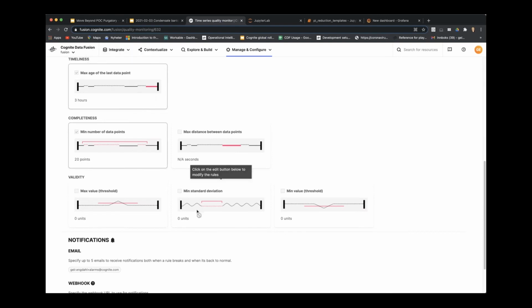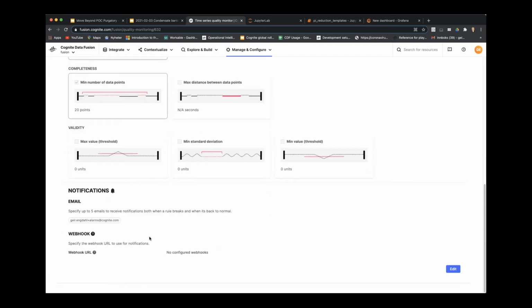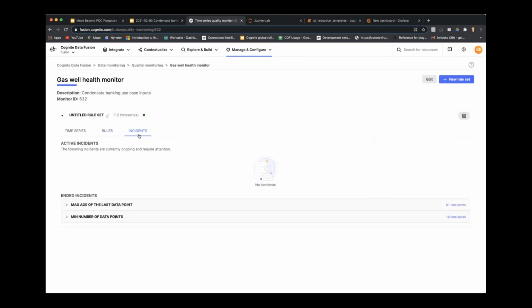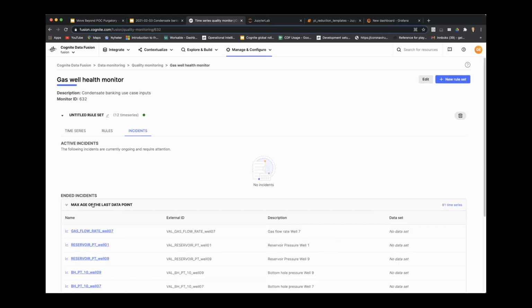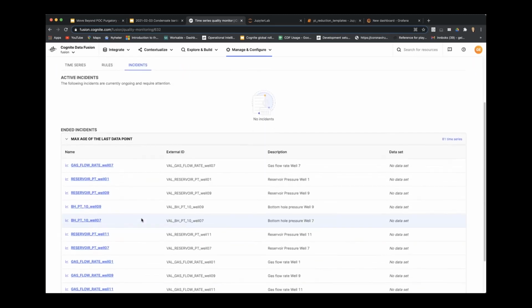It must not have been flatlined. It needs to be between these values, etc. And I can set up what will happen if these constraints are not met.